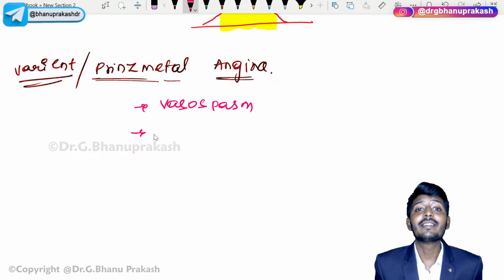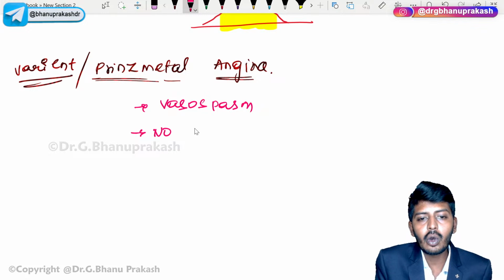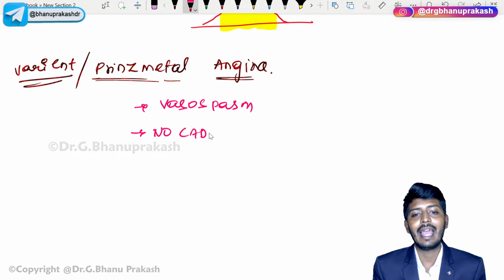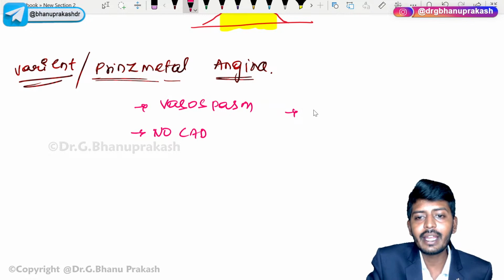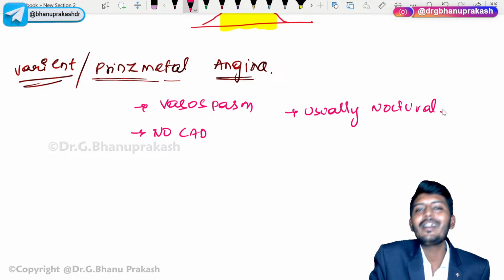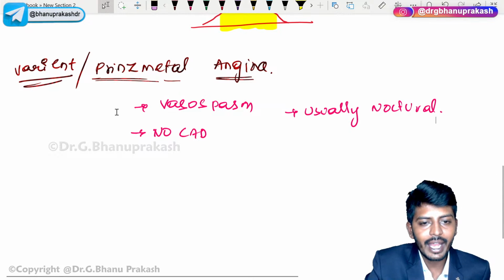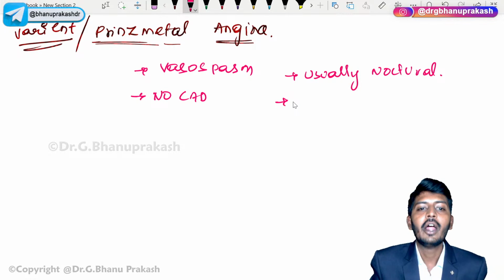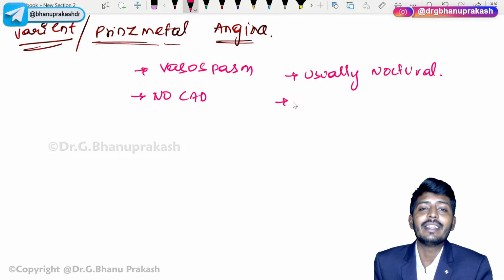Now you might ask me, sir, will there be coronary artery disease or no coronary artery disease? Usually no coronary artery disease in a CAD patient. No coronary artery disease in which patient? Coronary artery disease in Prinzmetal angina. And most importantly, remember, it is usually common at night, usually nocturnal, but there is no mandatory rule that it always occurs at night. It can occur in both day and night, but it can occur at night more commonly. And remember here, vasospasm, no CAD, usually nocturnal, and most importantly, this Prinzmetal